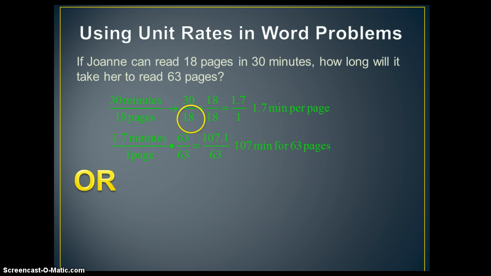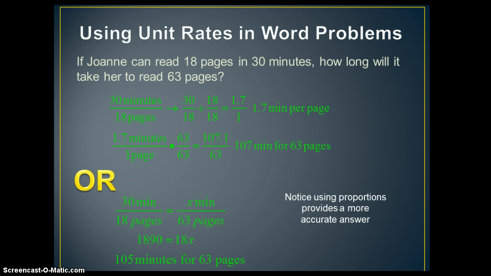So you have unit rates or we have the proportion. 30 minutes for 18 pages is how many minutes for 63 pages? Use our cross products and get 1,890 equals 18x, and then we are going to cancel that coefficient by dividing by 18, and we get 105 minutes for 63 pages. Notice that using proportions actually gives us a more accurate answer because we're not rounding. Using unit rates is really good, but don't be afraid to use proportions. We spent so much time on that last year that it is a great thing that you can remember and